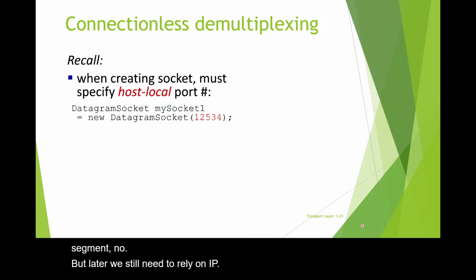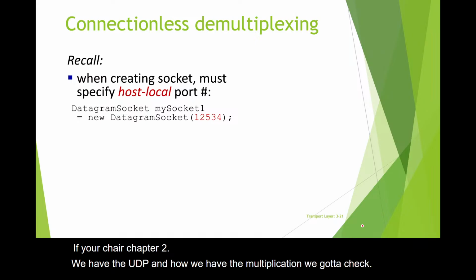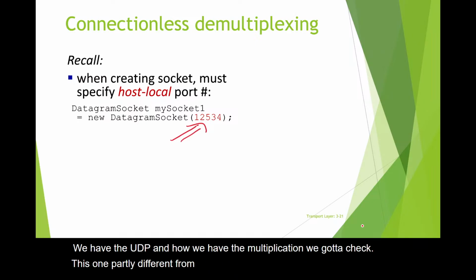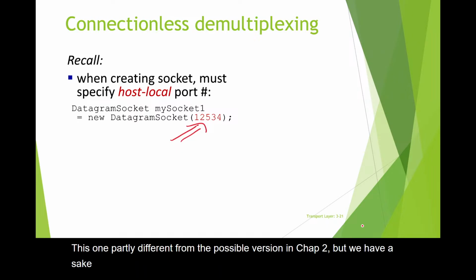Well, if you check chapter 2, we have UDP and how we have the demultiplexing, we need to check. This one is possibly different from the version in chapter 2, but here we have socket programming, so we can create the socket.